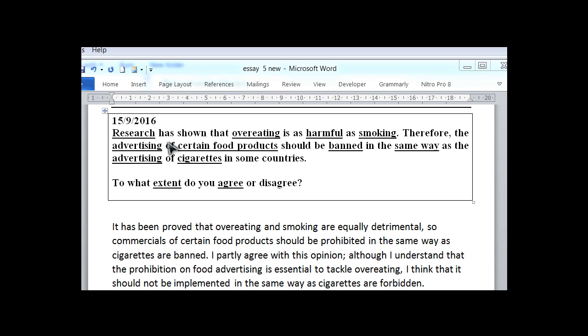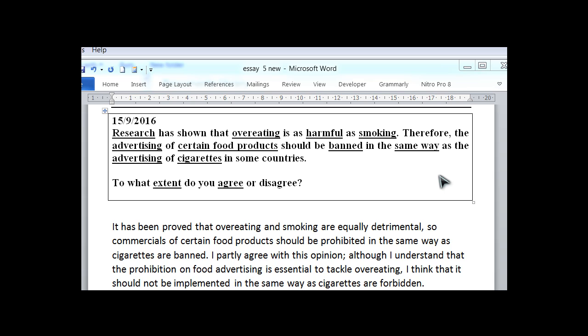Well, we have the results in terms of we know what the outcome is, but we can't see a breakdown of exactly the details of what the research found. So you can't really be agreeing or disagreeing with this research. Take this as a fact. So sometimes with these topics, a part of them is a fact and a part of them is an opinion. And it's the opinion that you should be agreeing or disagreeing with, and the opinion comes in the second sentence.